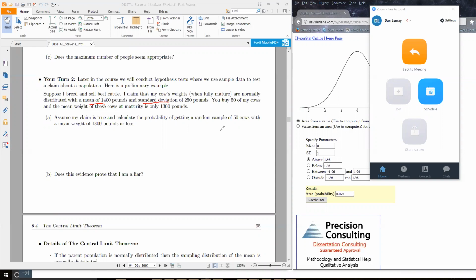And this person comes out and buys 50 of my cows, and the mean weight of those cows is only 1,300. So how likely is it that you're going to get a sample of 50 cows with a mean weight of 1,300 pounds or less? If the true mean is 1,400, we are trying to estimate the probability of getting a sample of 50 cows, so that area is what we're looking for, where the average weight of those 50 cows is